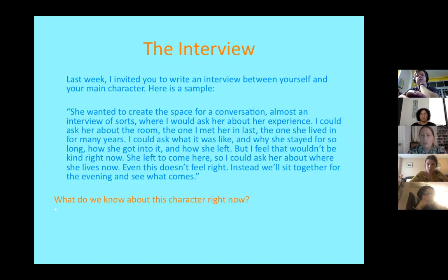Excellent. So before I say anything else about this piece of writing, I just want to say that the person really put beautiful rhythms into it. This piece of writing sings, it has music. And so I really want to appreciate that experiment. If that was an experiment, it's really lovely to read. But I also want to ask a really important question. What do we know, and I mean concrete, not just thought-wise, what do we know concrete about this character right now?